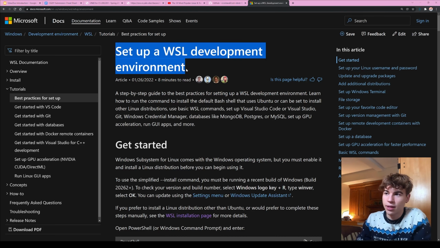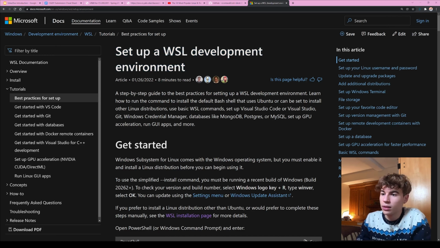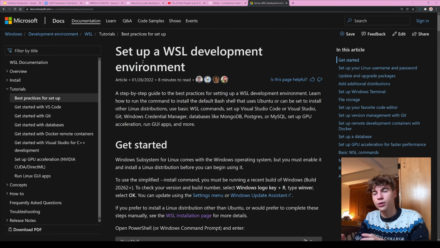It's for setting up a WSL, that's Windows Subsystem for Linux development environment, and all it's doing is installing a virtual machine on your Windows machine so that you can run a very small Linux operating system on your machine, and then you have access to all of the Unix commands that I was talking